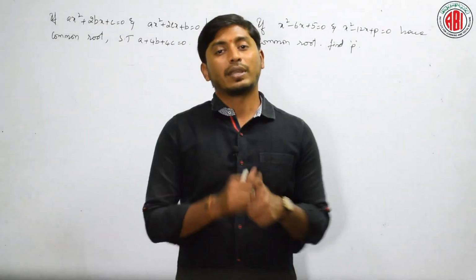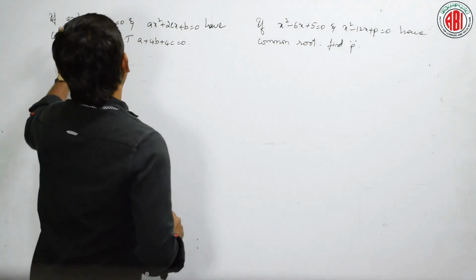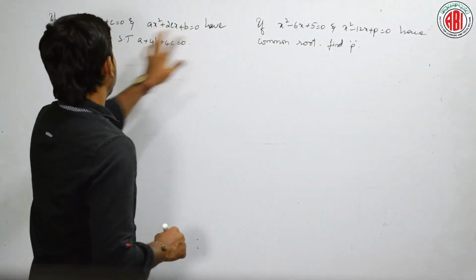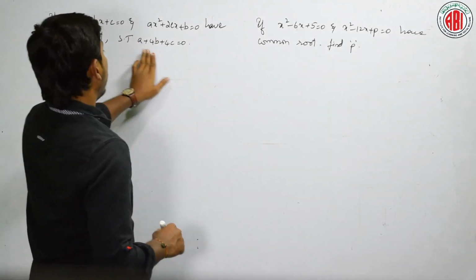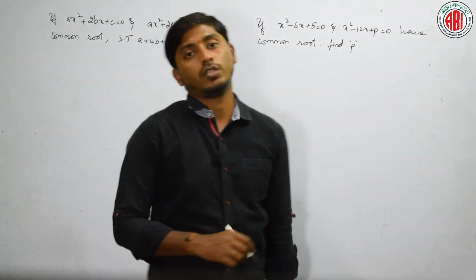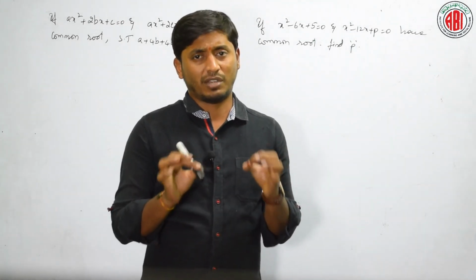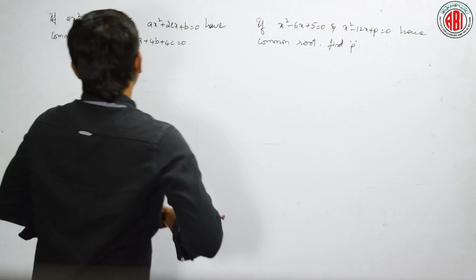Let's do. Look at the next question here. ax square plus 2bx plus c equal to 0 and ax square plus 2cx plus b equal to 0 have common roots. Then show that a plus 4b plus 4c is equal to 0. So, how did we do in our previous things? Just we will assume the common root. So, let